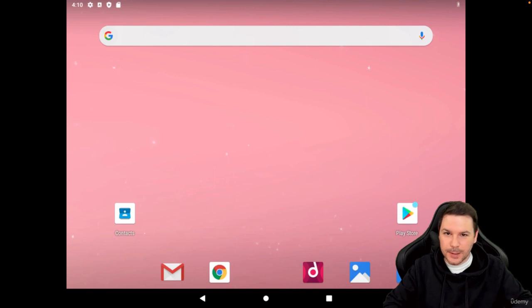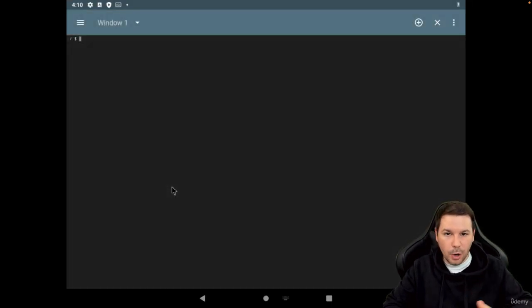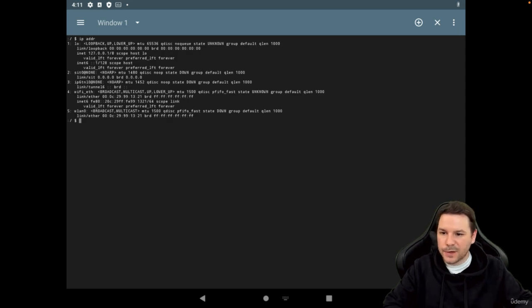So how can we do this? Well, there's already an installation being installed which assists us on this. If we drag this upwards, then we can see we've got a terminal emulator. And this one is super handy because this one is really a terminal on our Android x86 virtual machine. So we can now use a command, for example, ip address, and then we get those interfaces. And here we can see we've got a loopback interface, and the IP address should normally be assigned to